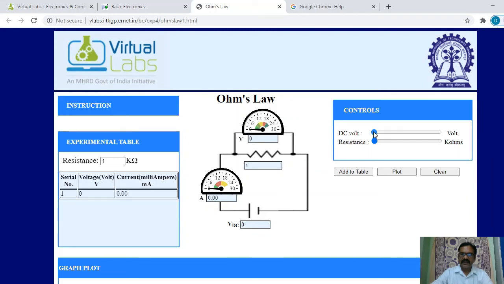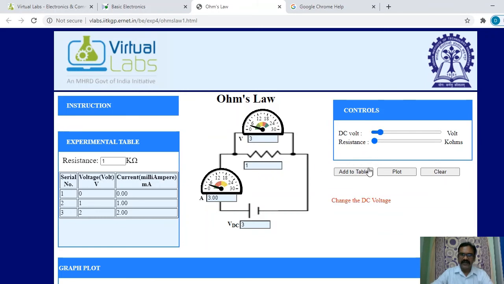Then increase the voltage applied to the resistor. 1 volt is applied across the resistor. Then add to the table. Then 2 volts is applied across the resistor. Add to the table. So the table shows the voltage across the resistor and the current flowing through the resistor, the ammeter reading.